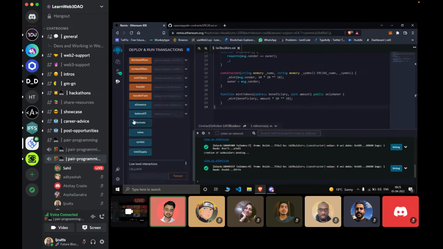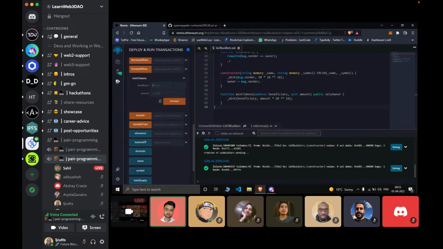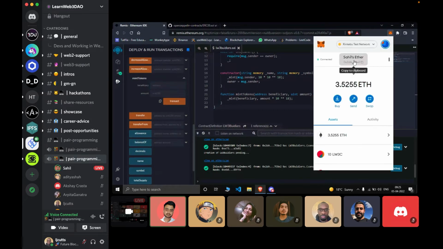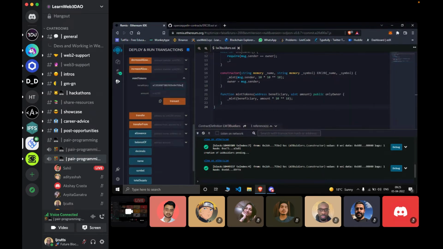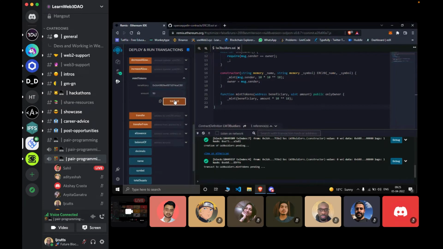And then if I come here and I mint some tokens for myself, actually, yeah, there it is, a function mint tokens. I can supply the address here. I can give my own address. So I'm going to copy my own address right here and the amount. Let's say I want to make 50 more tokens for myself. So I'm going to transact it